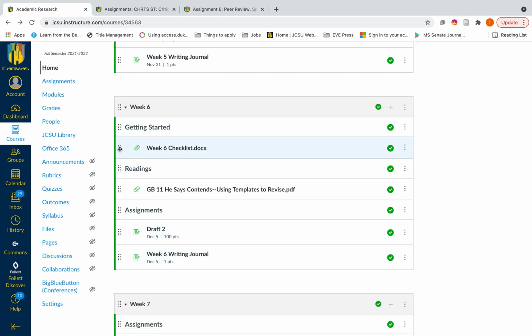But the first thing that you need to do on your checklist is read through your chapter for this week, which is He Says, Scratches Out, Contends, Using Templates to Revise. This is a chapter that's based on the process of revision. It's something that's often left out of academic work, and especially, if you think all the way back to your high school classes,